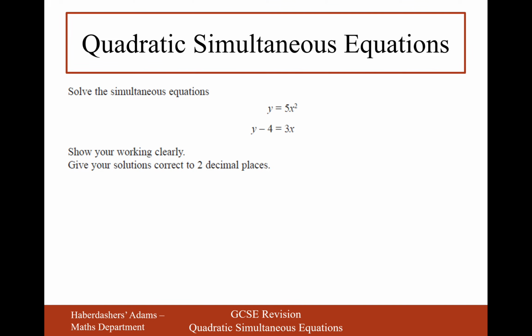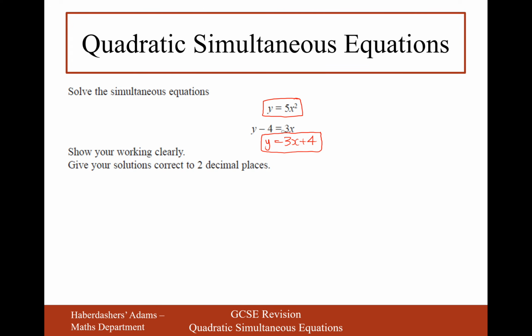Okay, let's have a go at this one now. Now we can use a slightly cheekier technique here, and let me show you what you can do in this case. We've got y minus 4 equals 3x. I'm going to move the 4 onto the other side, so it's add 4 onto the other side. And now what we've got is y is equal to 3x plus 4, and y is also equal to 5x